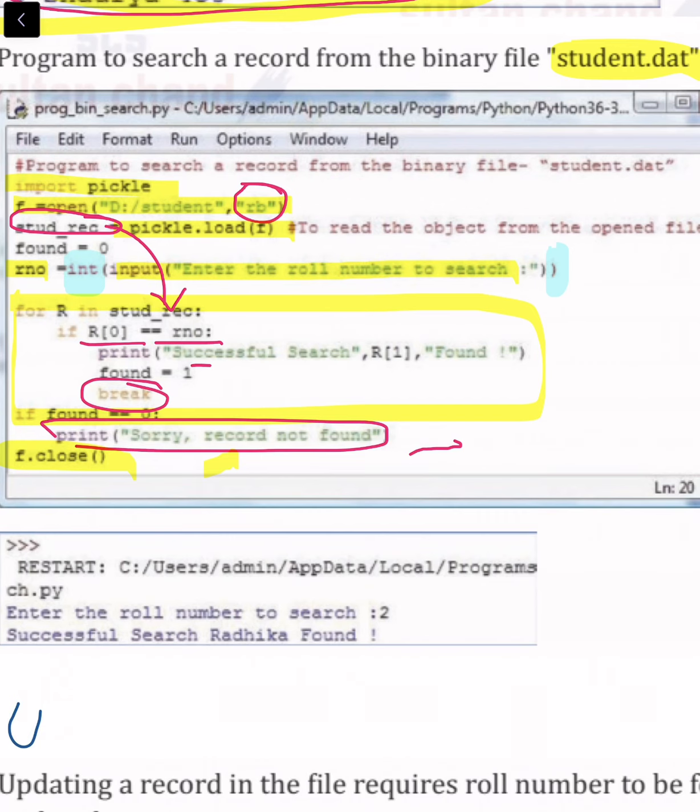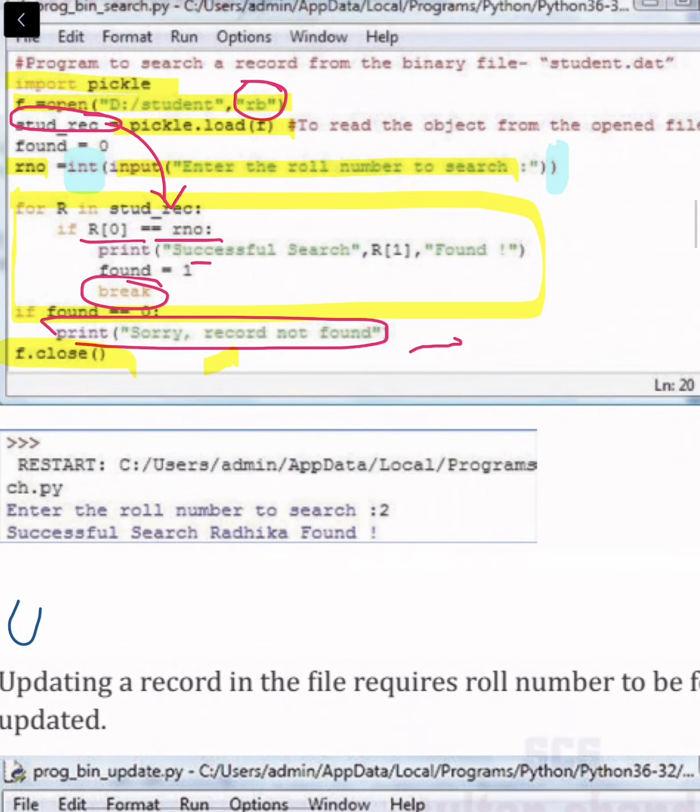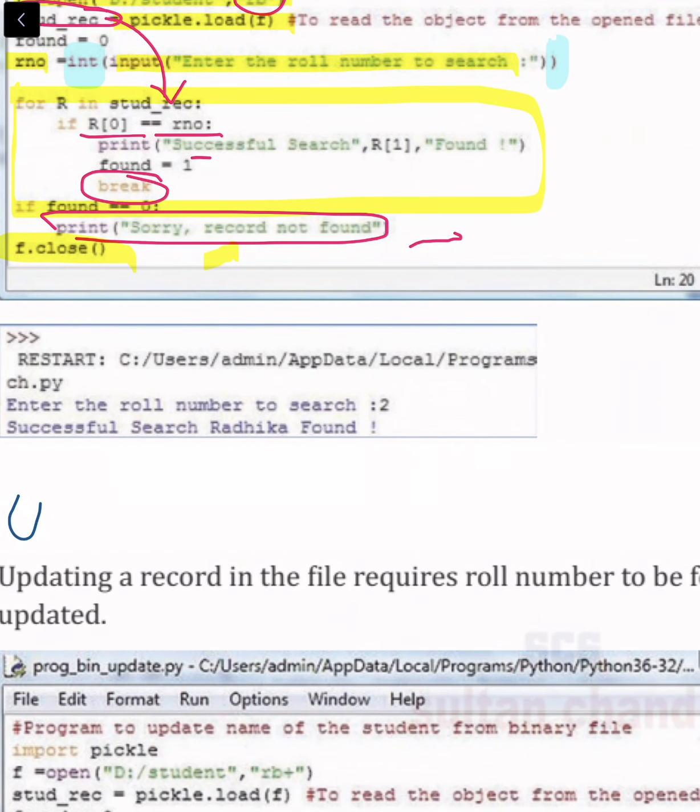The process is the same, using the pickle module. We will load the content of the file, and then inside the content we will search for the record using a loop. As soon as it matches, we will print the record and break out of the loop. If it does not match, we will print that it has not been found, and next we will close the file.